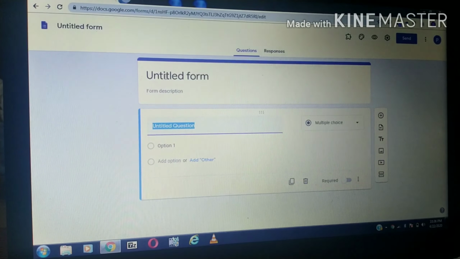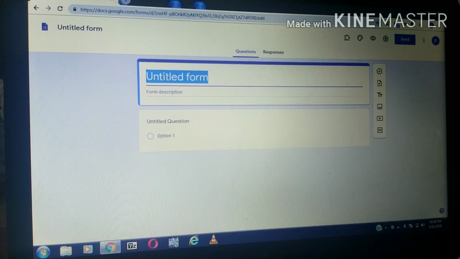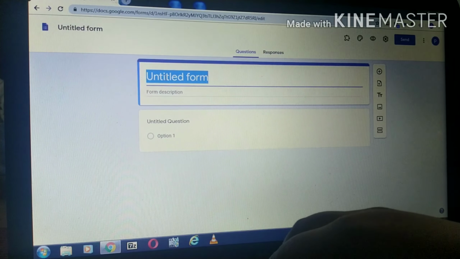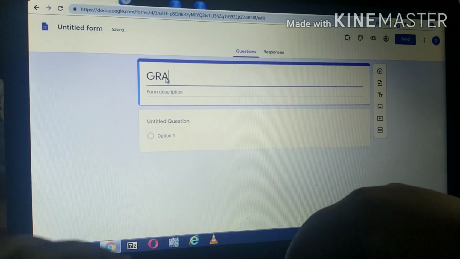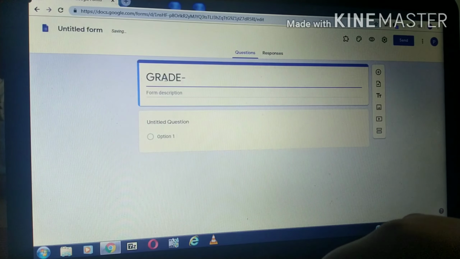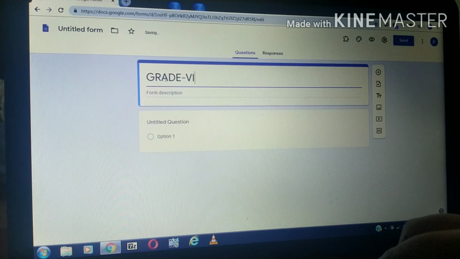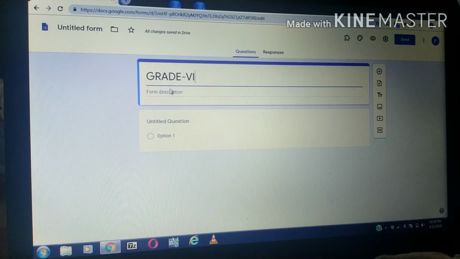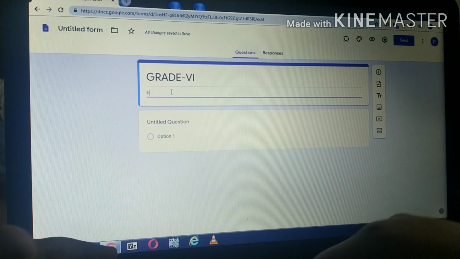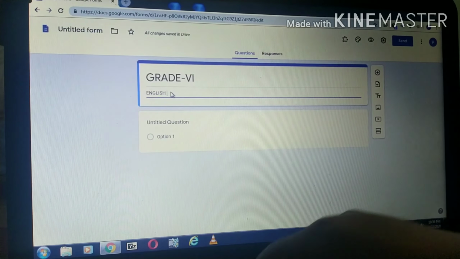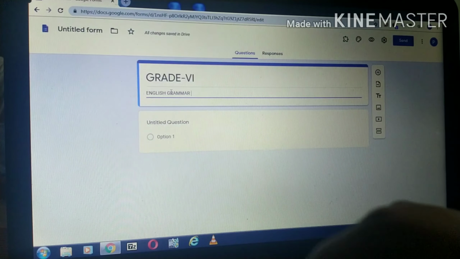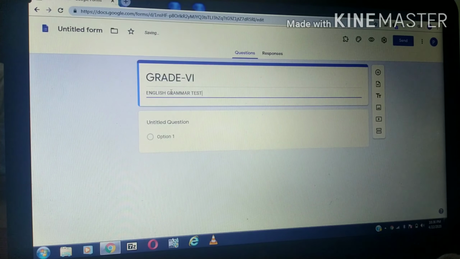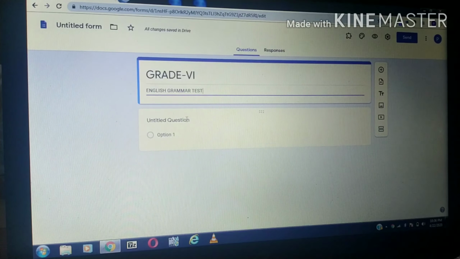Untitled form. Here you can give a title to your test, whatever name you like. You can mention grade here, grade 6, and in the description we can write English grammar test. Okay, now here